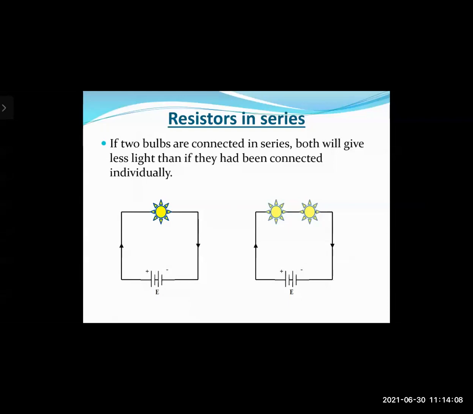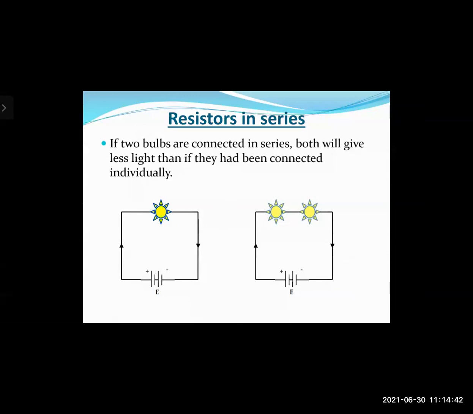Now remember, any appliance will act as a resistor. Let it be any appliance. It can be a light bulb, it can be a fan, it can be a mixer grinder, it can be a television, whatever it may be. Because these appliances are consuming electricity, they act as a resistor. Okay, so when we see the first bulb, only one bulb when it is connected, right, the maximum amount of current flows through it and the bulb glows very brightly, as you can see with the color which is bright yellow. Okay, now let us connect now two bulbs in a series combination.